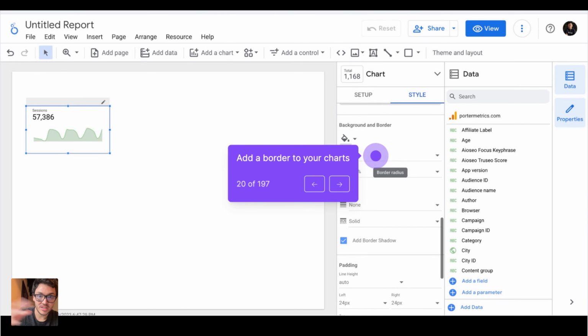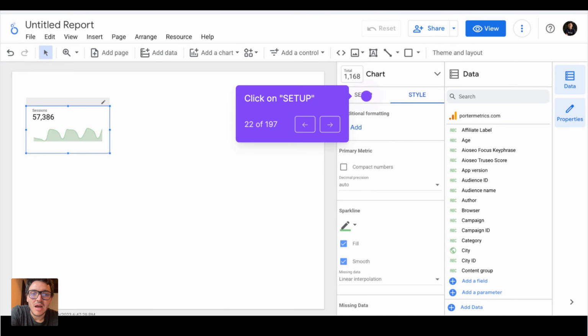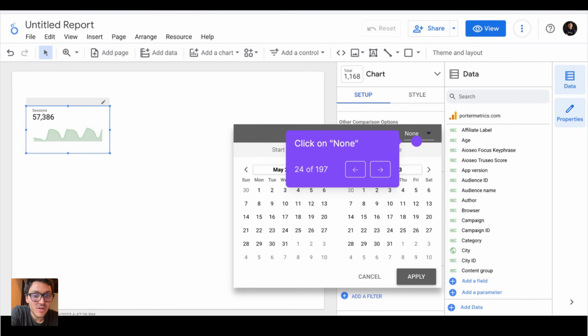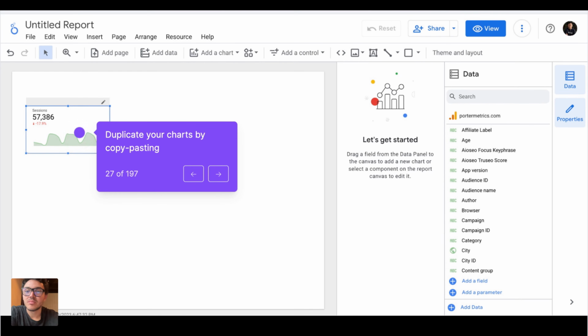And also for this shadow, I will add a border, and the border I can make it rounded because I can have a radius for my charts. And here I will click on 10. Generally, I use 10 because I like it the more. I will go to setup, and I will also add a date range comparison. So here, instead of none, I will go with previous period, we'll click on apply, and boom, now we have